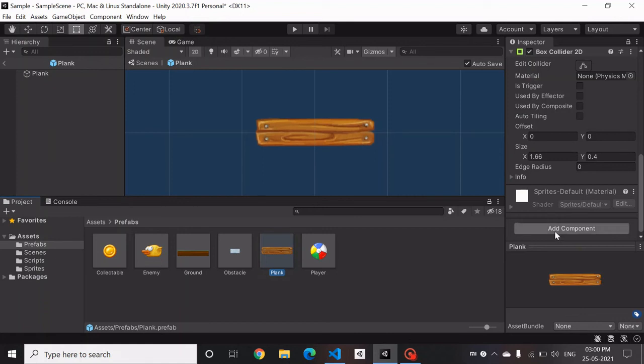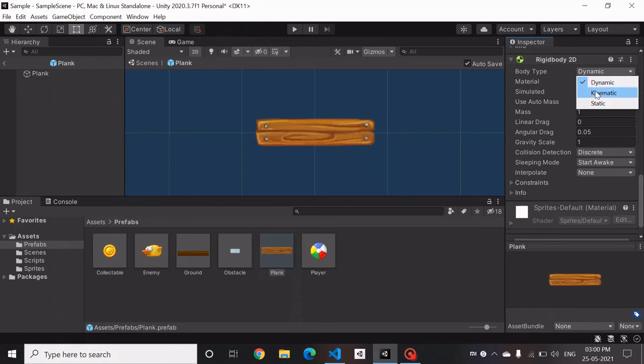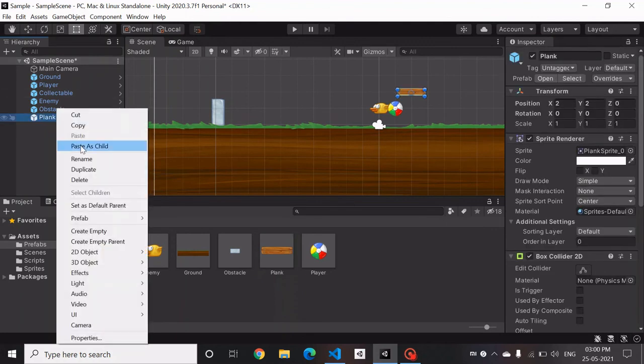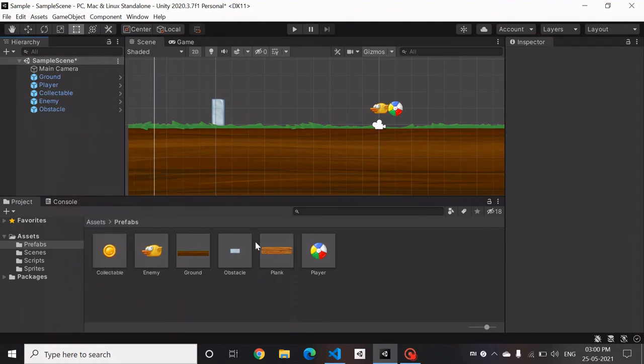When you open the plank's prefab, we can add the component so that the change is made to the prefab and not just on the object. So I'll delete this object and drag on the prefab again.